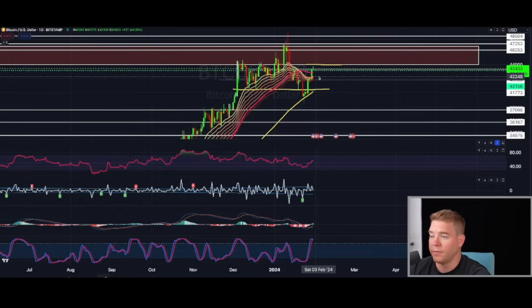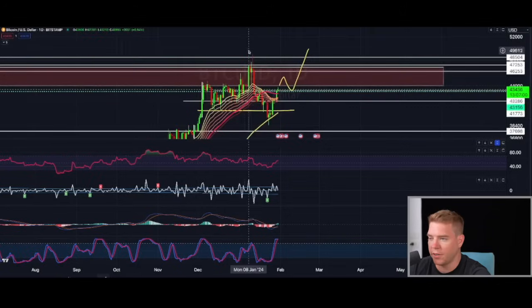That would be the perfect continuation move for Bitcoin right now, by breaking back above $44,000. Of course, Bitcoin is Bitcoin. It can also just do something like this in 3 candles and